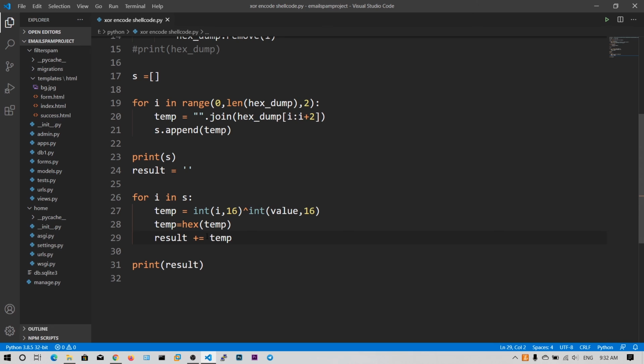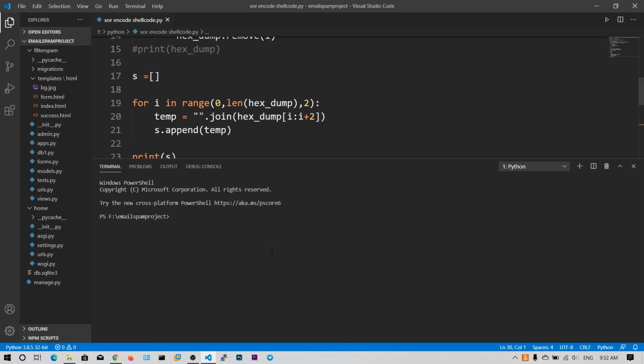Now we don't want 0x, and each byte consists of 0x, right? We need to avoid that. 0x, 0 is the first element and x is the second element in that string, so from index 2 onwards we want to append to the result variable.